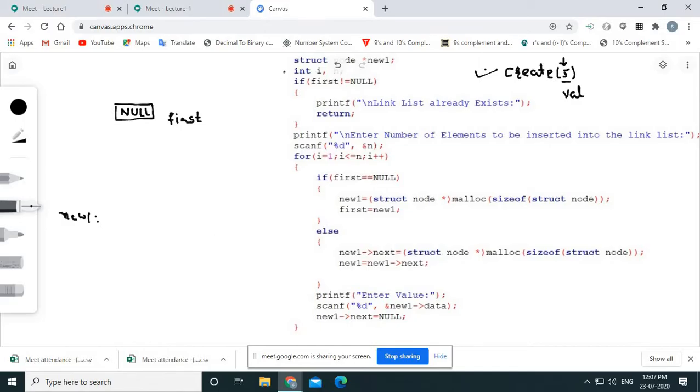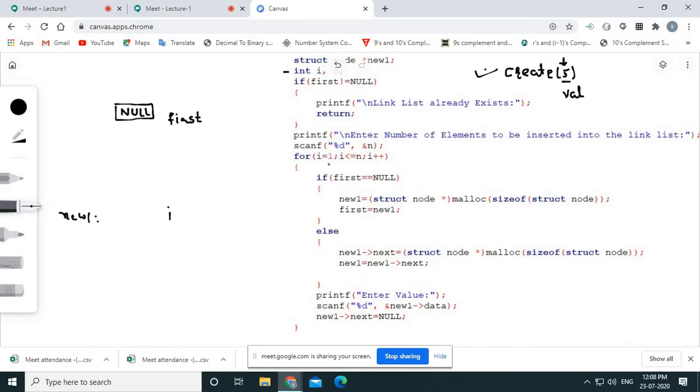First thing, here we have taken a variable i. Now we are checking whether first is not equal to null. If first is not equal to null, that means first has some address, and we declared this first pointer variable to store the address of the first node. That means the linked list is already created, and first has the address of the first node of the existing linked list.